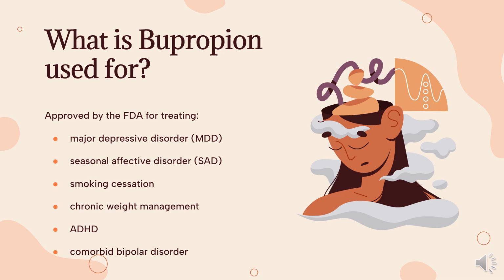What is bupropion used for? Bupropion is indicated for the treatment of major depressive disorder, MDD, seasonal affective disorder, SAD, and as an aid to smoking cessation. When used in combination with naltrexone as the marketed product Contrave, bupropion is indicated as an adjunct to a reduced diet and increased physical activity for chronic weight management in adults with an initial body mass index, BMI, of 30 kg/m2 or greater, obese, or 27 kg/m2 or greater, overweight, in the presence of at least one weight-related comorbid condition, e.g., hypertension, type 2 diabetes mellitus, or dyslipidemia.